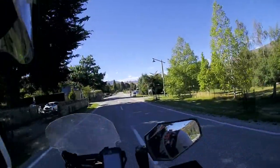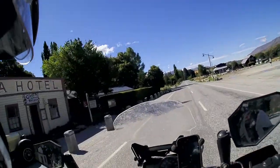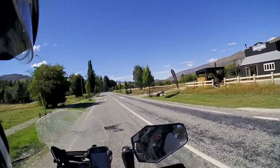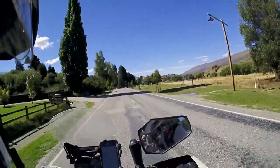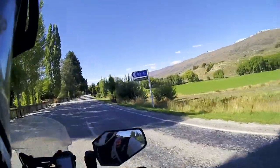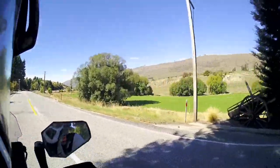So, the Crown Range Road is behind me, as is a large roadblock. I had to turn around and come back, and it's not because of the snow. The snow is perfectly fine, but some rocks have fallen down onto the road, and there's a very, very large one apparently waiting to go. They're going to have to get something up there to remove that rock so that it doesn't just go when it decides to. Two rocks have already fallen down and smashed into the guardrail and stuff, so they're closing the road for that